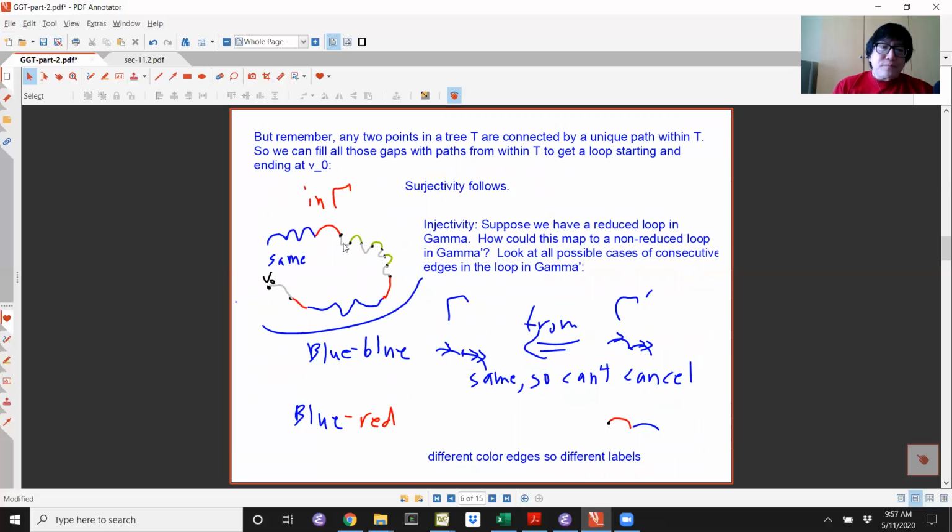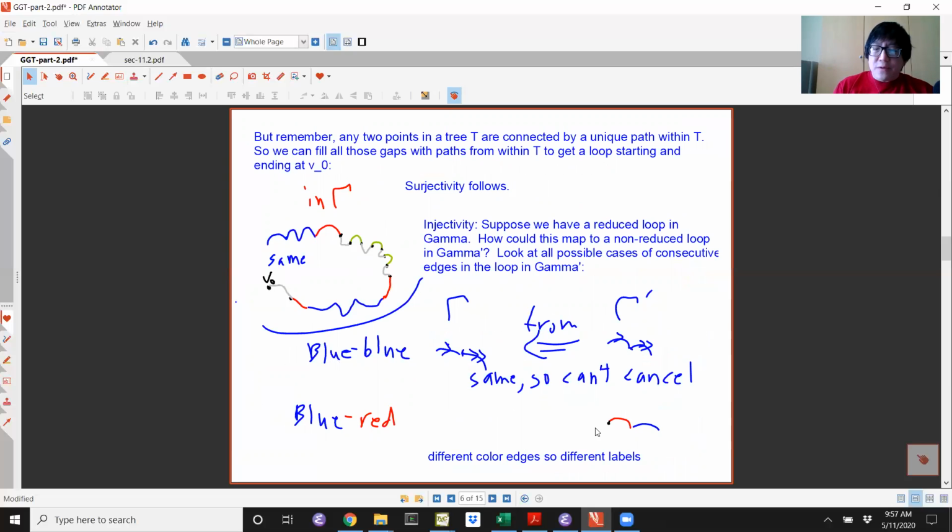However, because trees are connected, you can fill in those gaps and get a loop again, including possibly at the beginning or the end, and so we're good. So that's surjectivity. Injectivity,